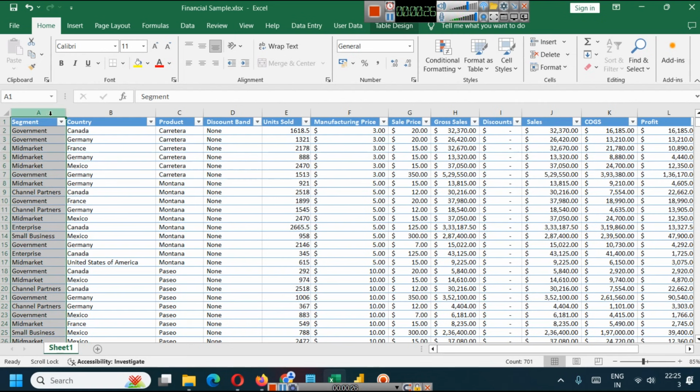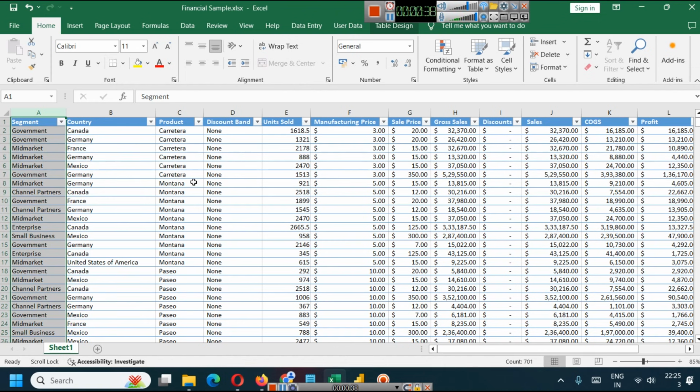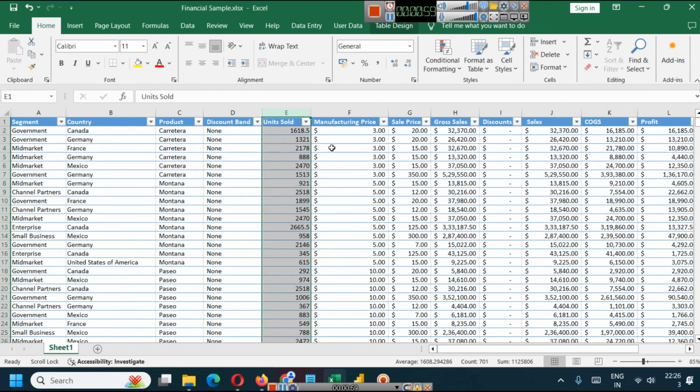Now here you can see we have segments like channel partners, enterprise, government. So this data is about products that are sold in different countries. So here is the product name like Montana, Paseo and Carretera, and some discount band, whether some discount is applied like high, low, medium, none. Units sold, then manufacturing price, sales price, gross sales, discounts if any, sales,